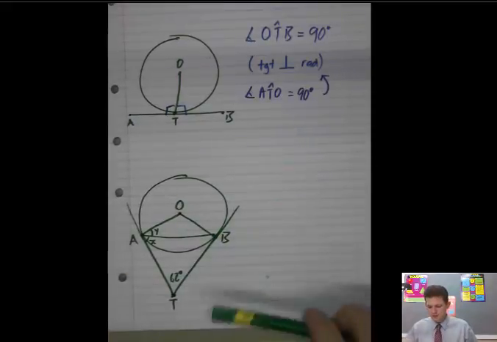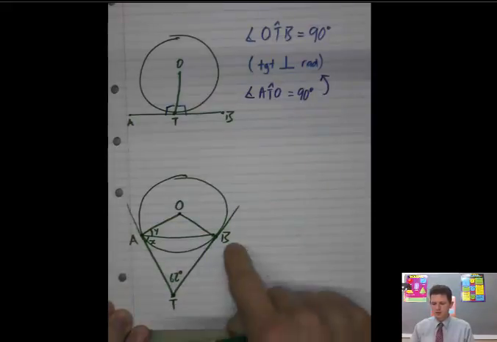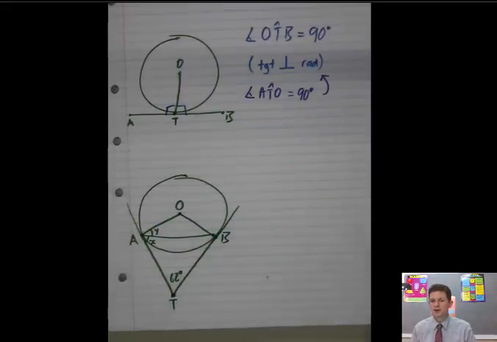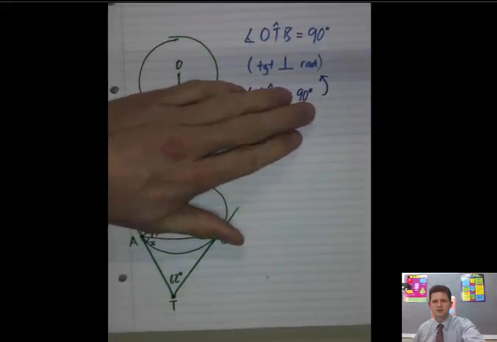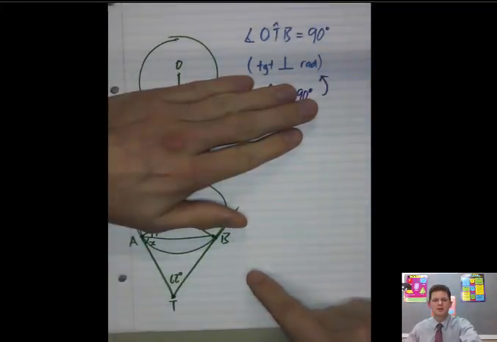And then, just to keep it interesting, we've joined the points A and B to make a triangle OAB, and that at the same time has made a triangle OTB. So quite a lot going on in here. Let's see if we can nut it all out. So we'll start by looking at the triangle ABT. One of the best pieces of advice I can give you about this angle geometry stuff is you need to learn to ignore the irrelevant information. So basically we're just looking at that to start with. We're ignoring the top, we're just looking at this bottom part,